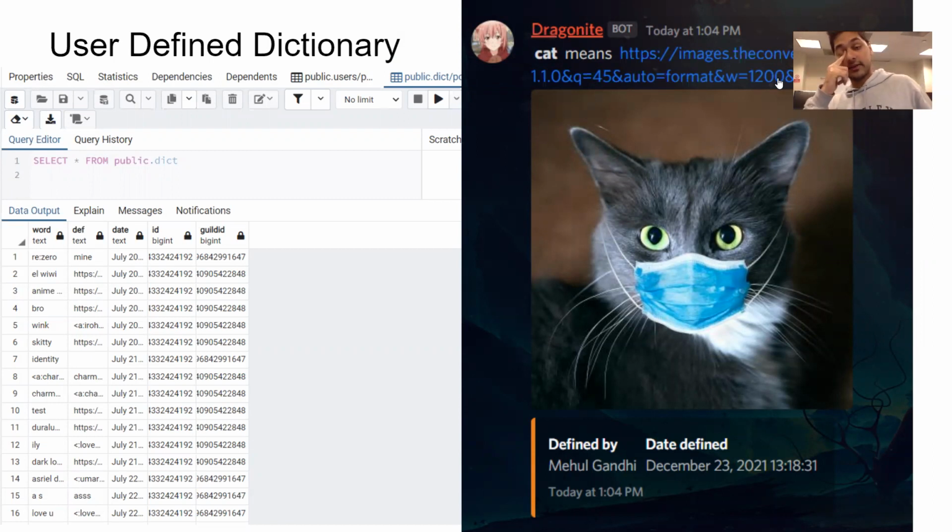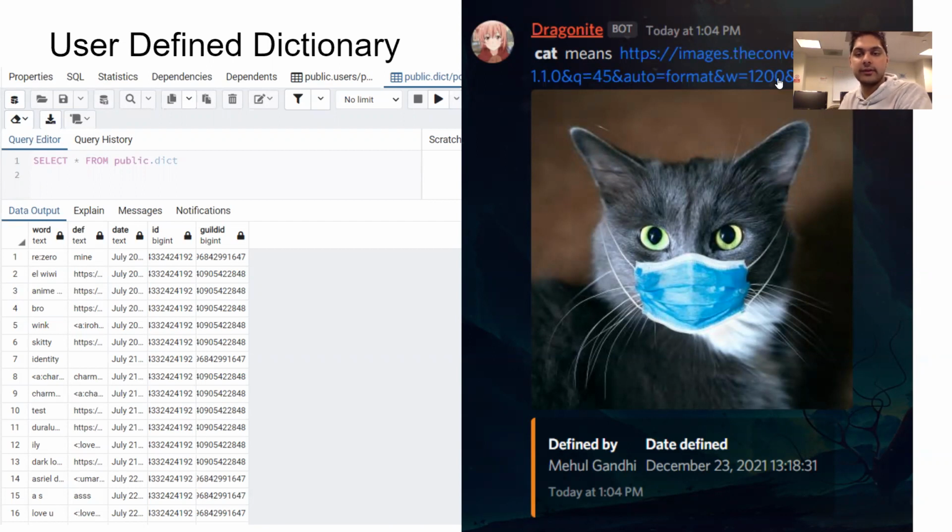When that word is defined, nobody else can redefine it, but the owner of the word can. Some people might abuse this and bully people, like define a person as a cuss word. So a moderator can just delete the definition. Only an administrator, a moderator, or the person that owned the word can delete a definition in those kinds of cases.